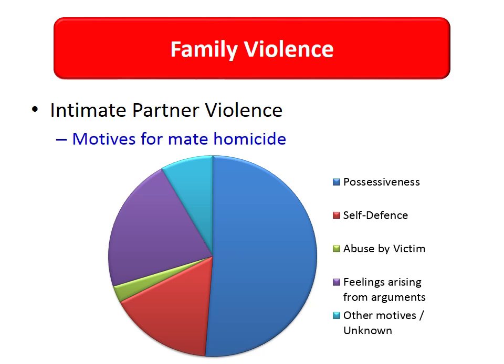Sometimes mate homicide is also a result of the victim trying to defend herself against the perpetrator, in which cases it is considered an act of self-defense. Another almost 25% of cases are actually considered to be crimes of passion, because they are actions that happen on the spur of the moment as a result of feelings arising from arguments.